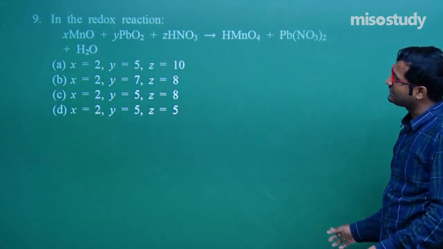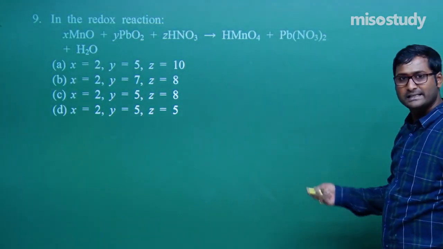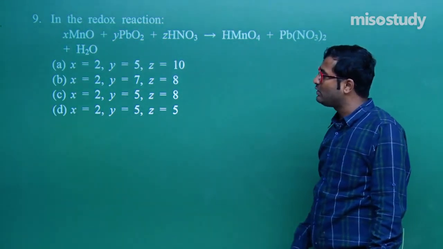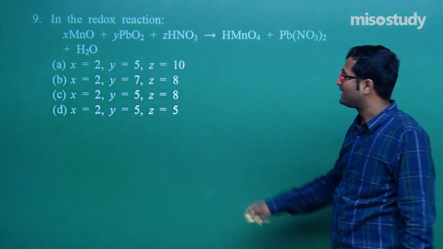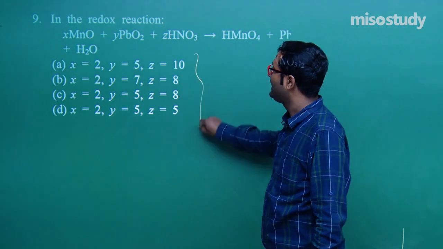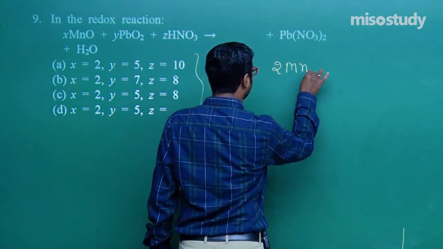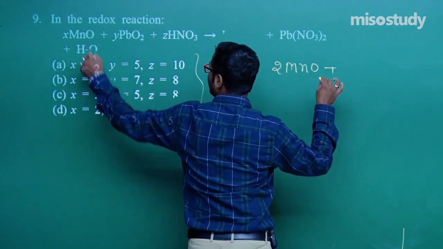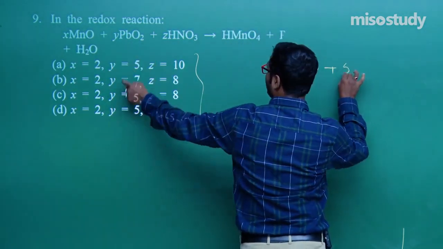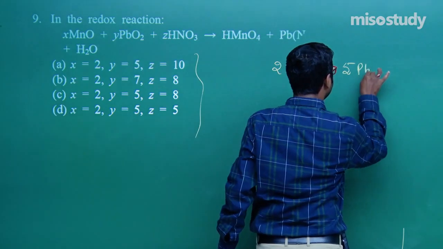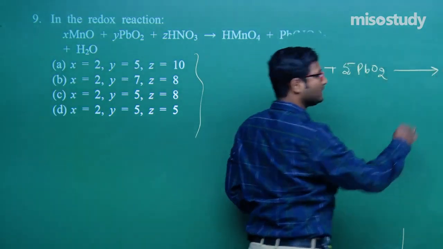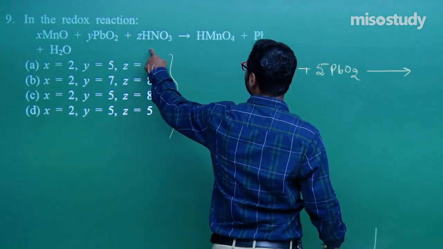Now in the reaction, again this is a question similar to JEE Main. Again you have to use the hit and trial method. I am using option 1, x is equal to 2. If I put 2 in place of x, then 2 MnO, then 5 PbO2. Yes sir, you are correct. Clear? Now Z plus